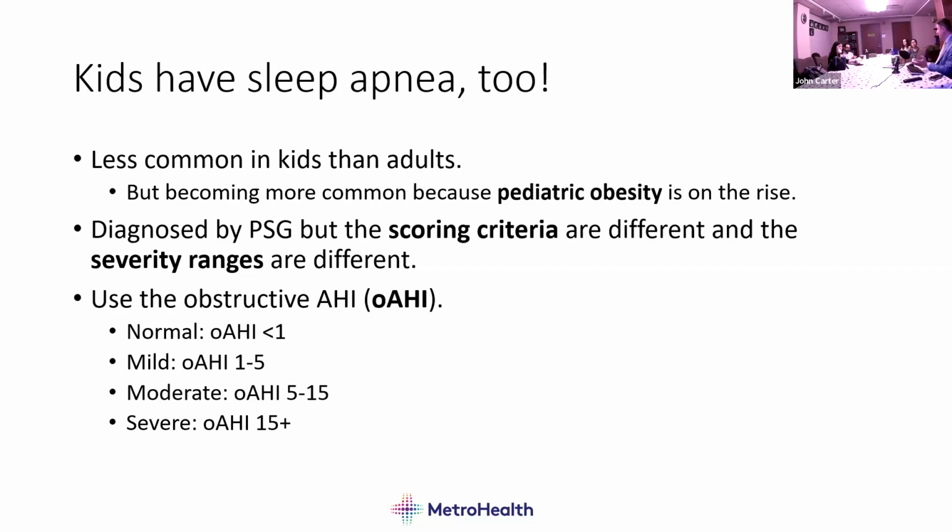In kids, we use the AHI as well, but you will very commonly see the OAHI, which is the obstructive AHI, which very simply is obstructive apneas plus obstructive hypopneas, not central apneas, divided by total sleep time. The reason we do that is that kids tend to have a greater predilection for physiologic central apneas than older adults do. Being a little bit Socratic, do you guys have some thoughts about why that might be? Why would a child be more likely to have physiologic central apneas than an adult?